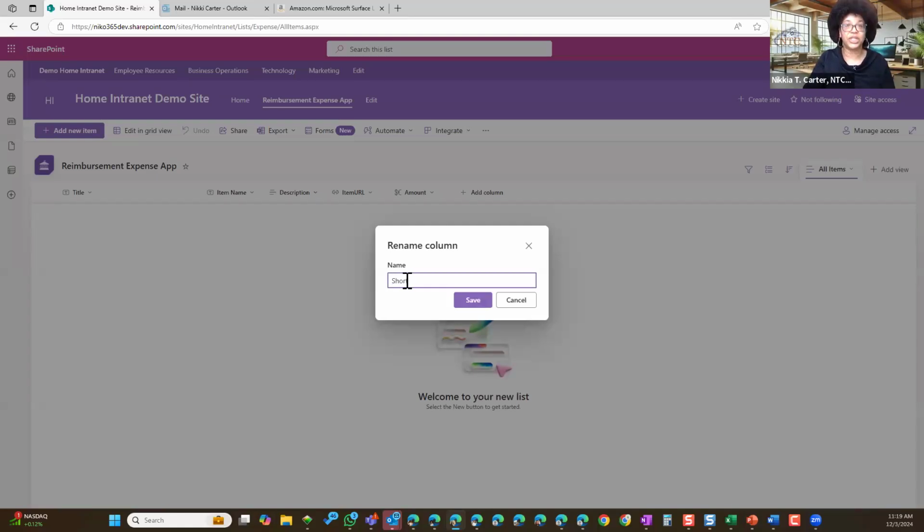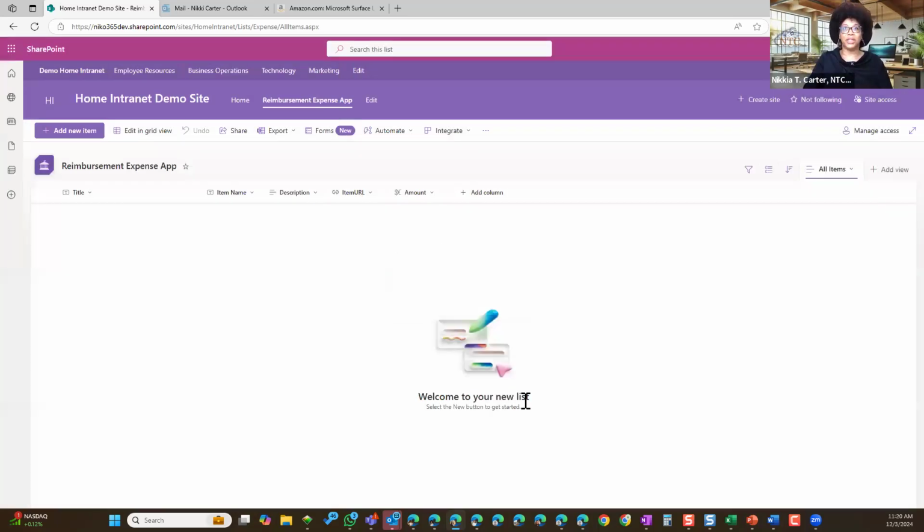So you can also change the names of the fields as you see fit, as things work for you. So I'm going to hit save. Now I have a complete way to submit this data.